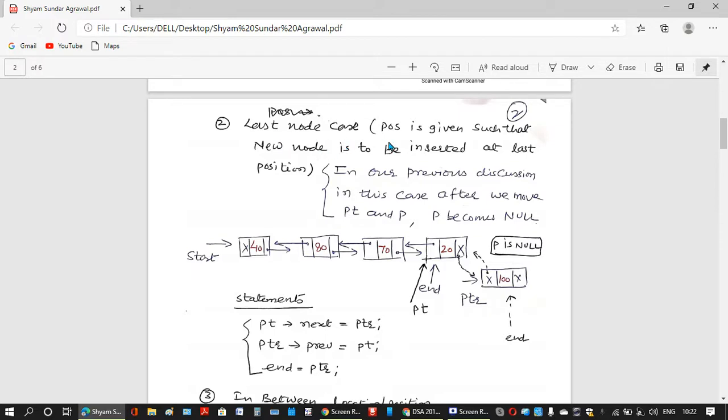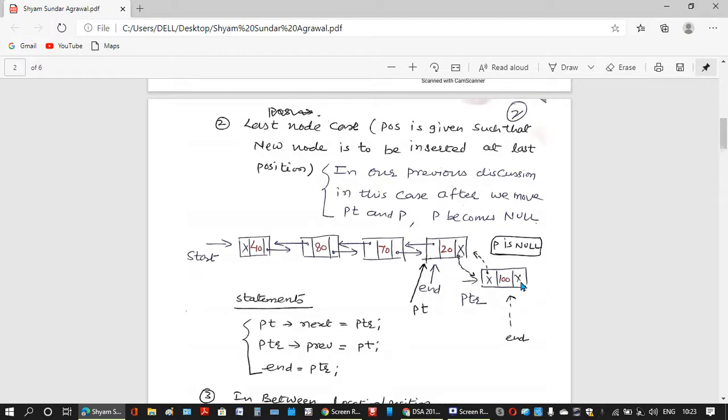So the last node case means we will move P and PT. How to move? That also we have discussed in linked list insertion and deletion. So P will become null and PT is pointing to the last node, and this is the new node PTR.